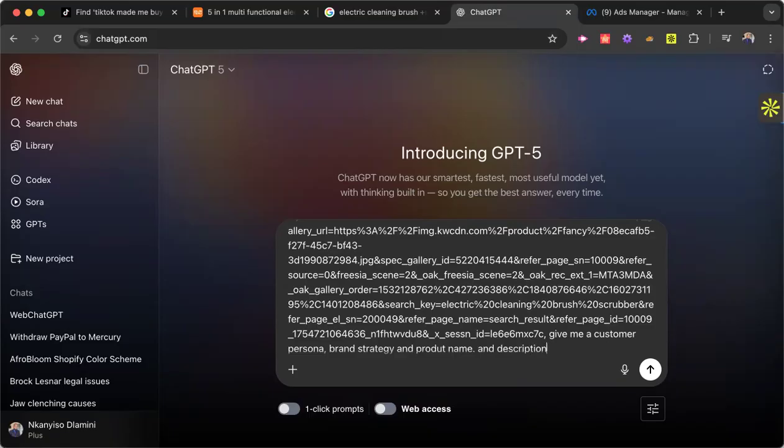So now we have gone to TikTok. We found a viral product that's been validated, which means we've got a lot of people liking and commenting on that product, because remember, the first place they're going to interact with our brand is on social media, and that's going to be through an ad. We are literally going to use that ad, or some bits and pieces of that ad, to edit it and copy it.